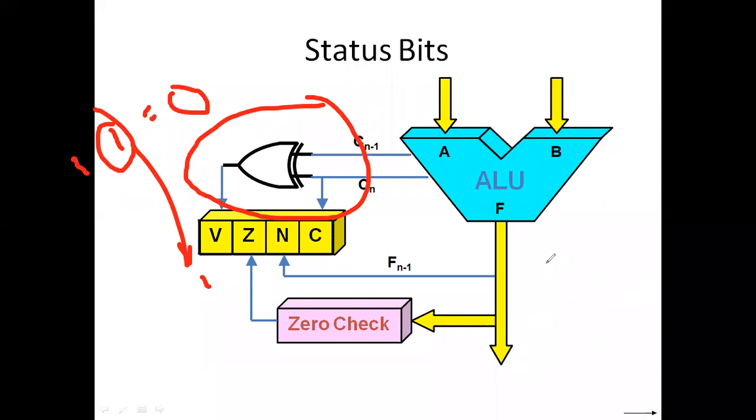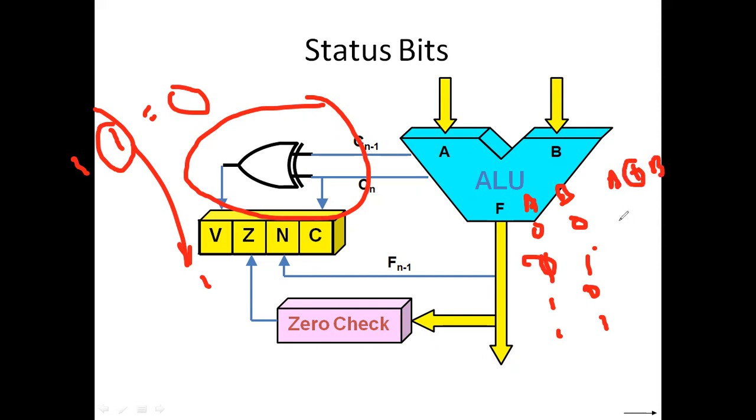In case of XOR, you know about the truth table, right? 0, 0, 0, 1, 1, 0, 1, 1. Okay, now this is say A and this is B. This is A XOR B. So 0, 0, what will be the value? Come on. What will be the value of this? Sir, 0. Very good. 0, 1, 1; 1, 0, 1; 1, 1 will be 0.